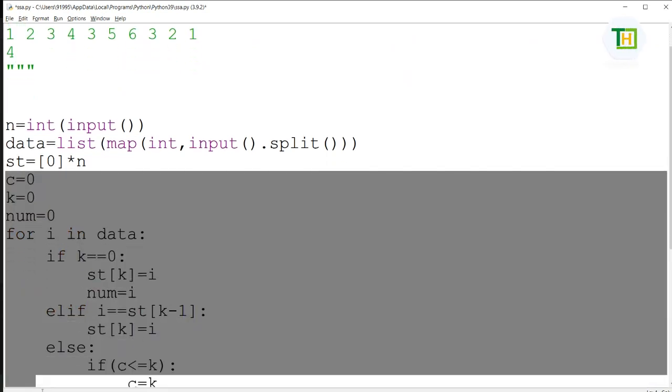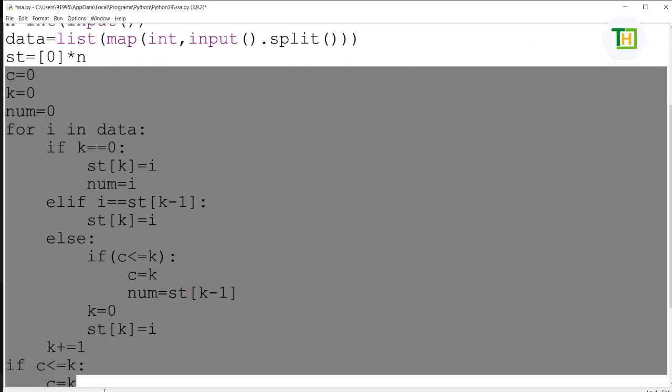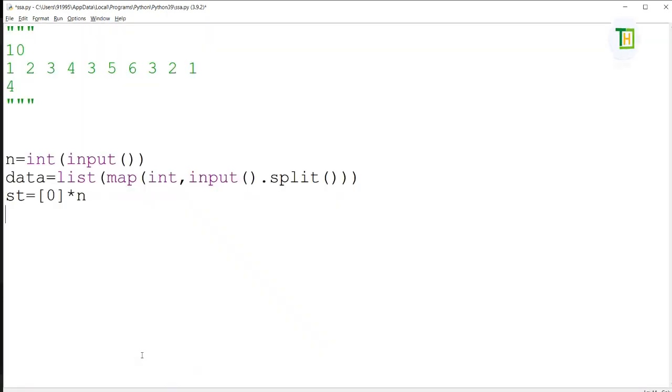For this also, I am going to write the same logic again. I'm reading the n value, I'm reading the data, and I'm maintaining the stack again. For the stack, I'm going to take k equal to 0 initially. And then I'm writing a loop here for i in data. If k is equal to 0, I'm going to write st of k is equal to i, that is not a problem, and k plus equal to 1, else